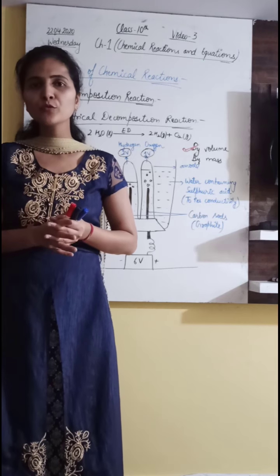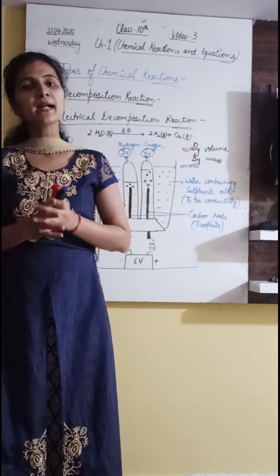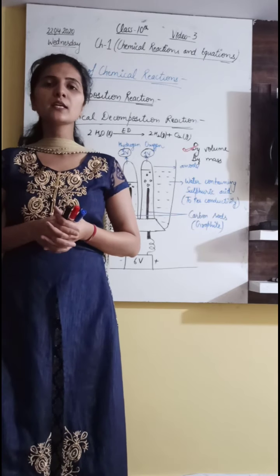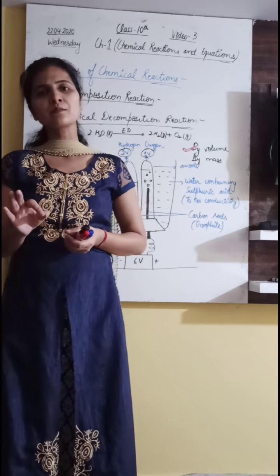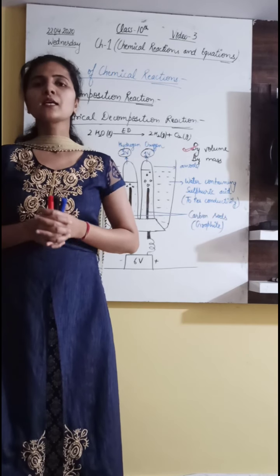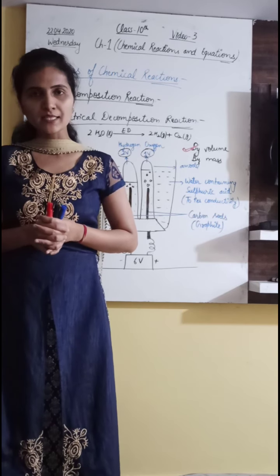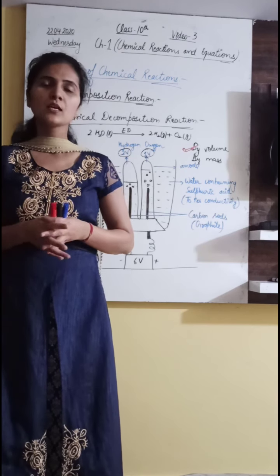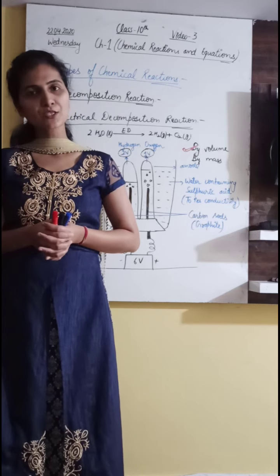But what you have to do for that is keep writing the chemical equation without looking into the book. If you do this at least 3 times, then many of the reactions you will learn automatically. Okay, so this is all for today's lecture. In tomorrow's lecture we will do the rest of the 3 kinds of chemical reactions.